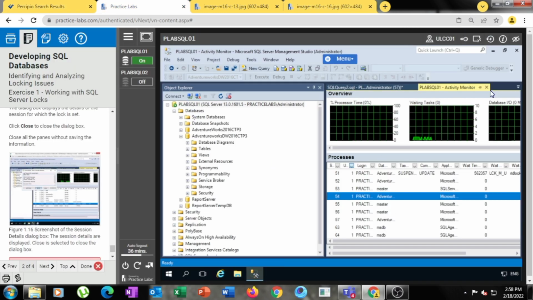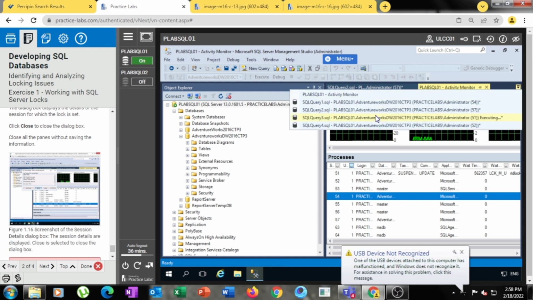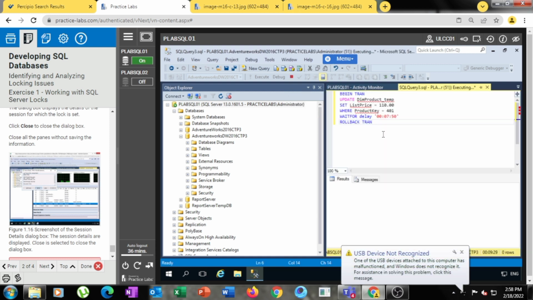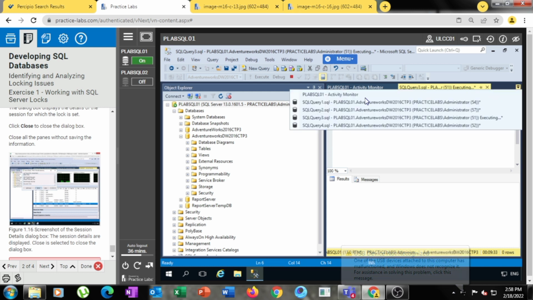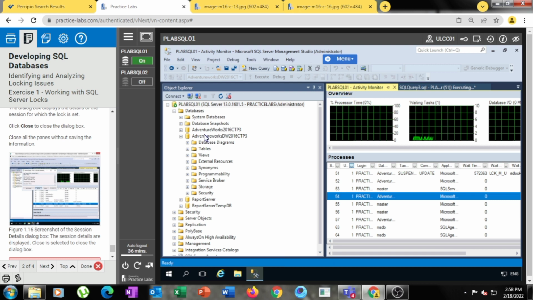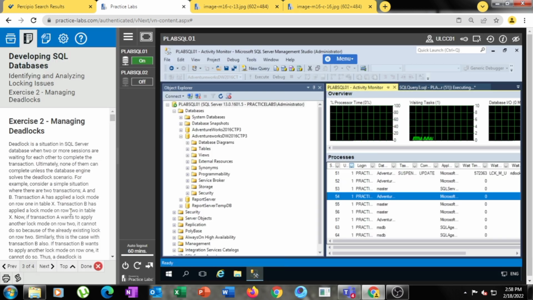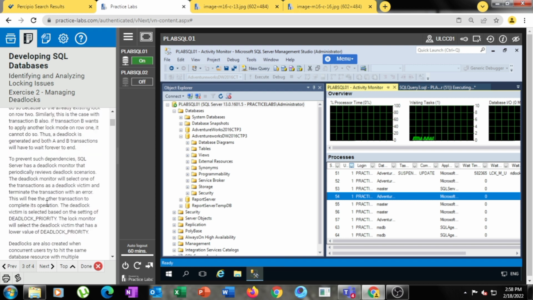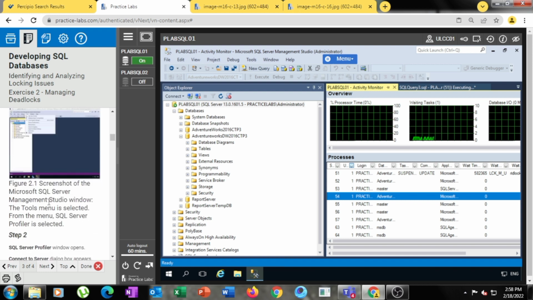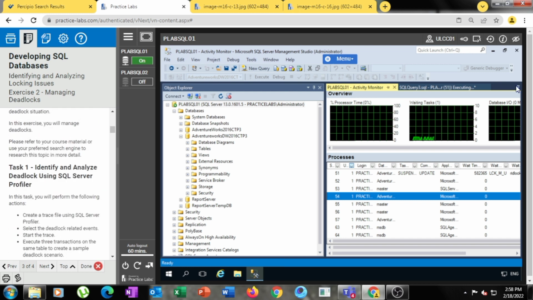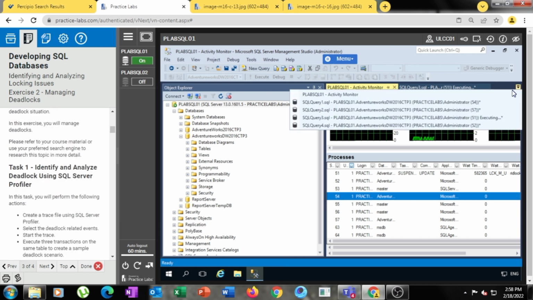Check muna natin din kanina. So, wala pa rin. Then next, exercise 2, managing deadlocks. So, wait na lang muna natin yun para hindi ako mawala sa aking